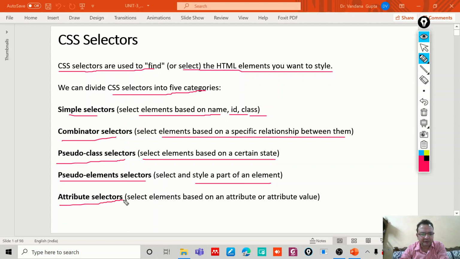Then we have attribute selectors. We select elements based on an attribute or a particular attribute value. We know that in HTML, different elements have different attributes. So we can take up a specific attribute and apply a style to that particular element.